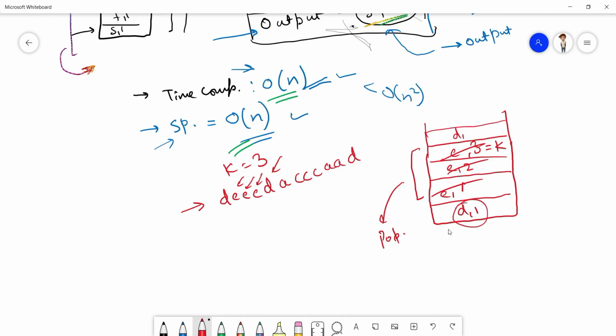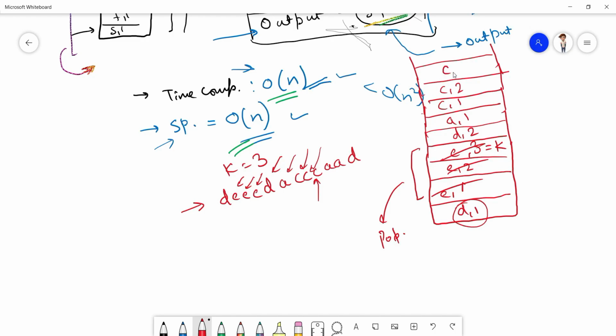As the top of the stack is D, now we will increase the count of D to 2. Now we came over to A and the top of the stack is not equal to it, so it is pushed with the value 1. Now we came over to C again with the value 1. Now we came over to this C. Okay, now the top of the stack is equal to this C, therefore we will increase the count. Coming over to this last C, we see that the top of the stack is equal to C. Now we increase the count, and now the count has become equal to k.